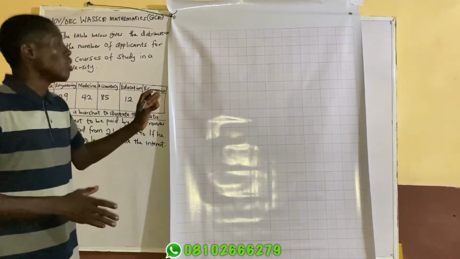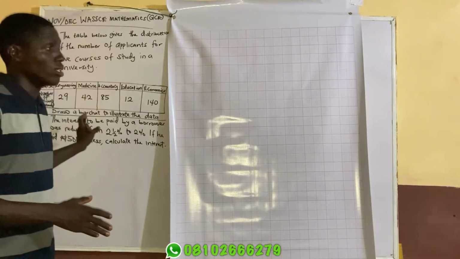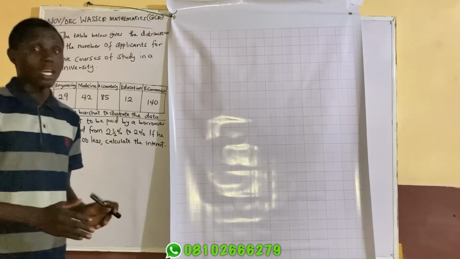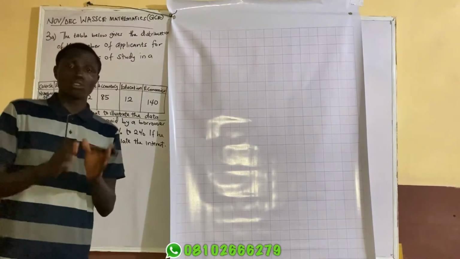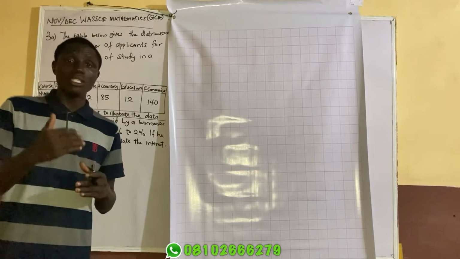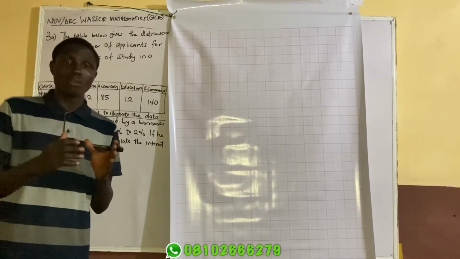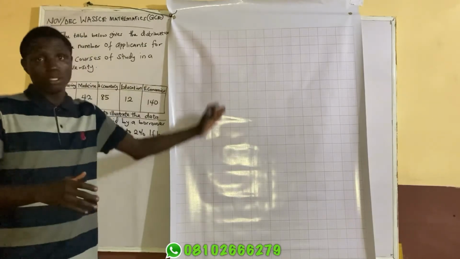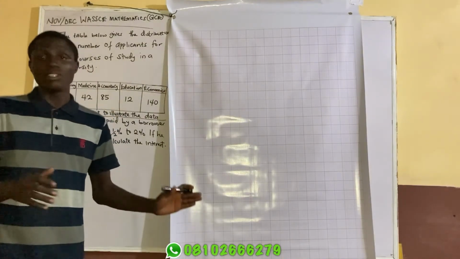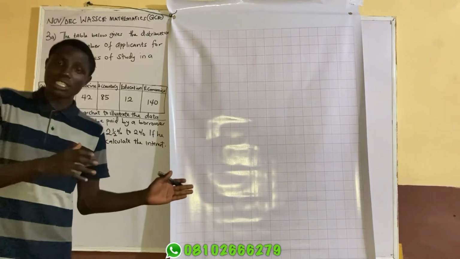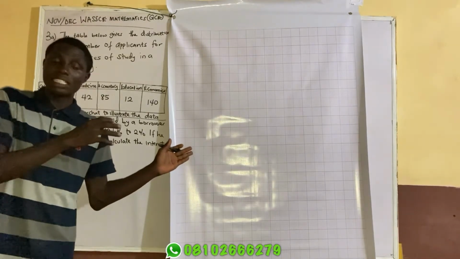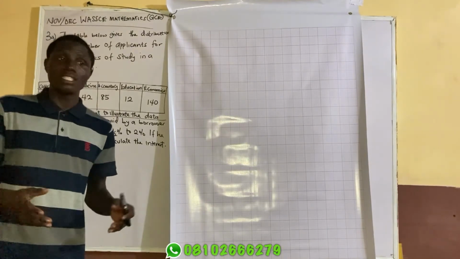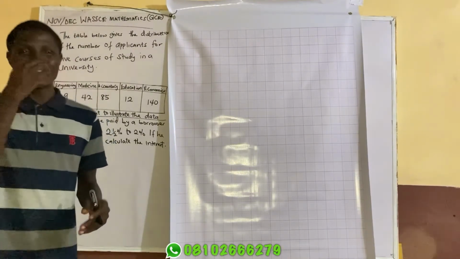Now we are going to use this example to tell us what a bar chart is all about. A bar chart is easy to construct so far as you obey the rules and look at your information critically, especially when you understand the principle behind choosing a scale, whether it is a vertical or horizontal scale, whether it is the x-axis or y-axis. Now mind you,